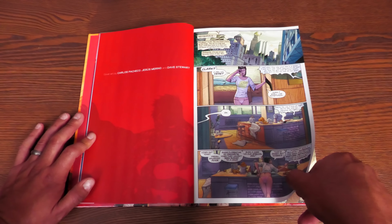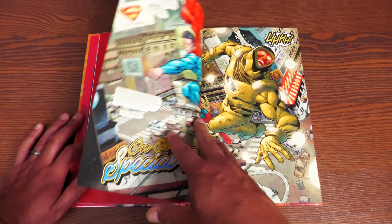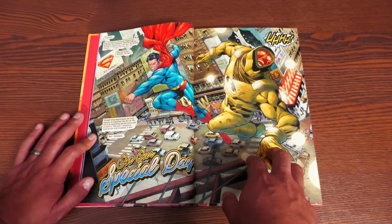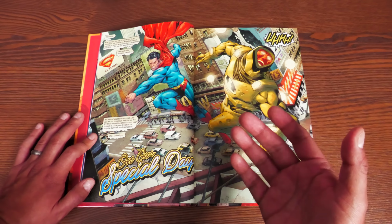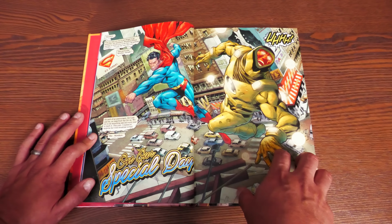So he had lost his powers for a while. It's been about a year. Lex is still kind of missing, so that's why you don't really see him through these pages. And Busiek has to deal with villains that aren't Lex Luthor level. So it's really cool what he does. And yeah, he's kind of restoring his faith towards the people of Metropolis, believing that, oh, here's Superman, our hero